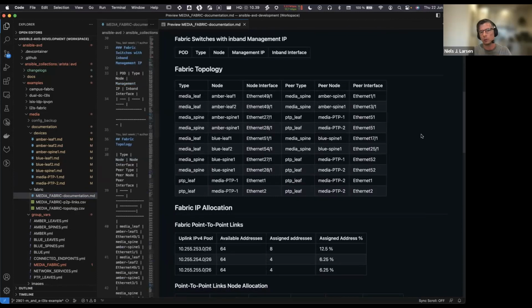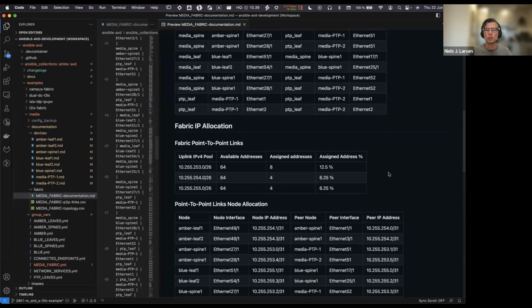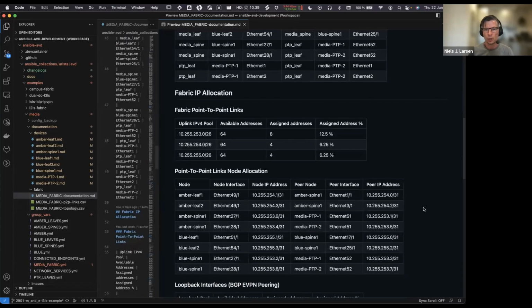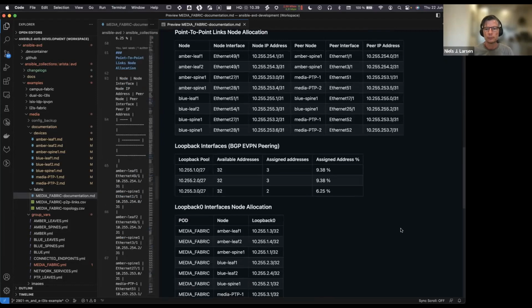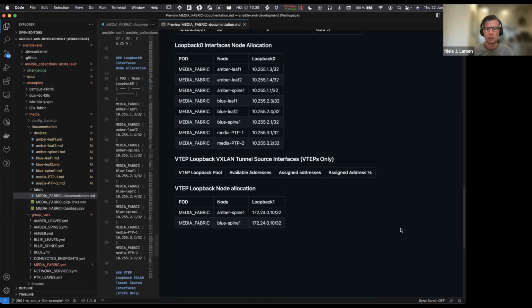So you can visually verify if you've made any errors in the configuration. You will also see the IP allocation, so the statically assigned IP pools, how many addresses are available, how many do we use, and the percentage used. The same for the point-to-point links, loopback interfaces, etc. So that was for the fabric.